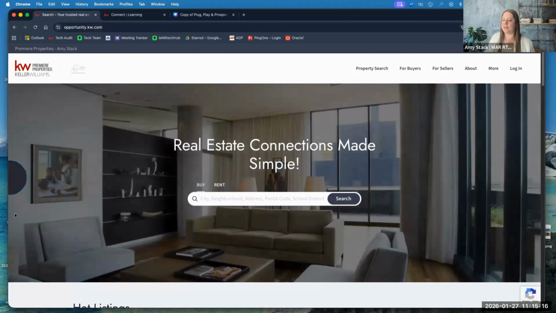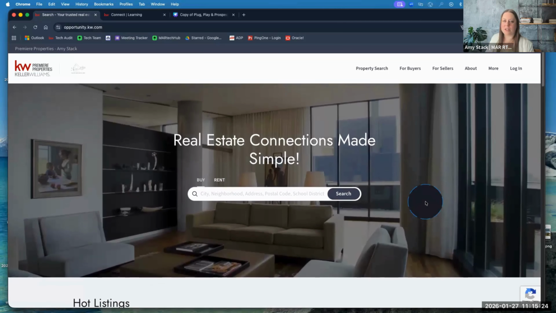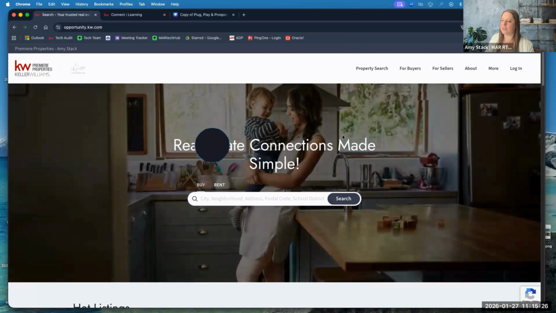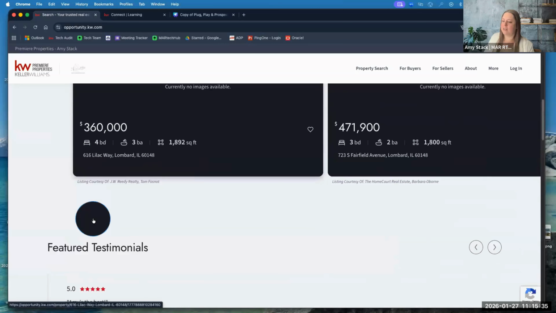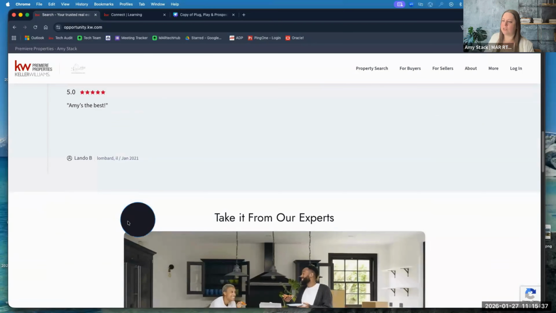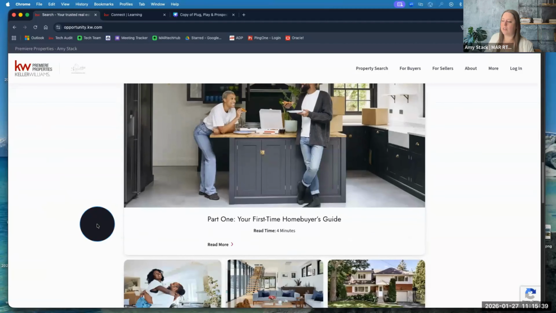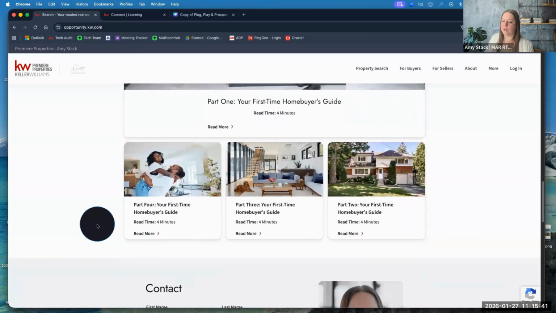But other than that, you'll see I've got this beautiful header here, these hero images. Those are already in the system for you. You can customize it and upload your own. You can customize this content right here. Mine says Real Estate Connections Made Simple. That's kind of my tagline. And I have a spot for featured testimonies on here and even an agent blog that is provided from